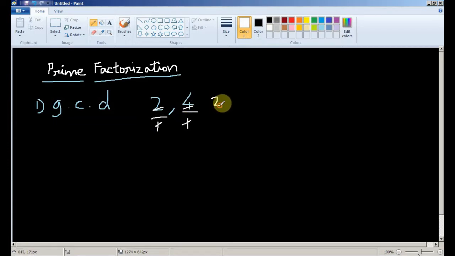You can divide 2 and 4 by 2 itself. So if you divide it by 2, then also the operation is successful. So the 2 is the greatest common divisor of these two numbers, 2 and 4. So this is what I meant by greatest common divisor. Okay, coming back to the greatest common divisor again.